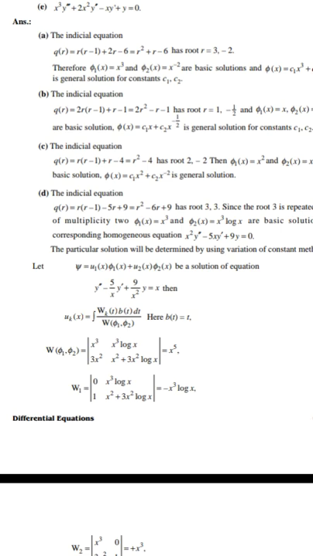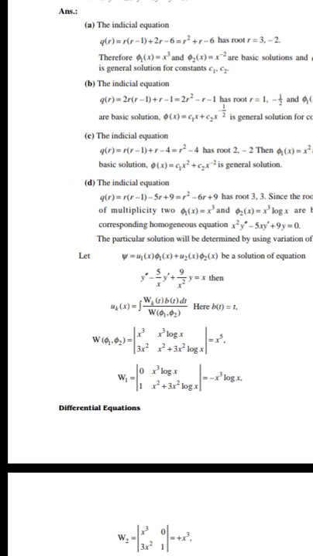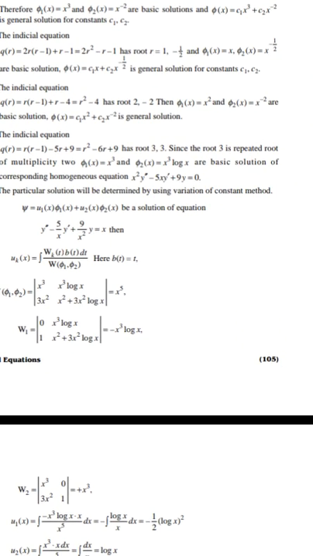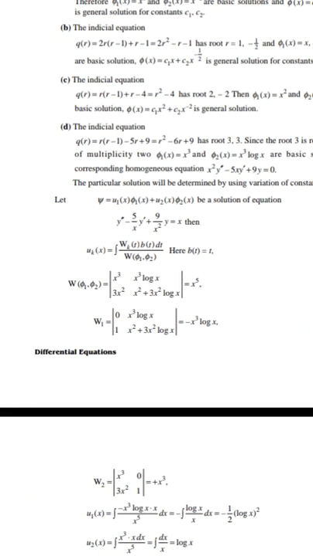cube log x are basic solutions of the corresponding homogeneous equation x square y double dash minus 5xy dash plus 9y is equal to 0. The particular solution will be determined by using the variation of constants method. Let psi is equal to u1 of x phi 1 of x plus u2 of x phi 2 of x be a solution of the equation y double dash minus 5 by x y dash plus 9 by x square y